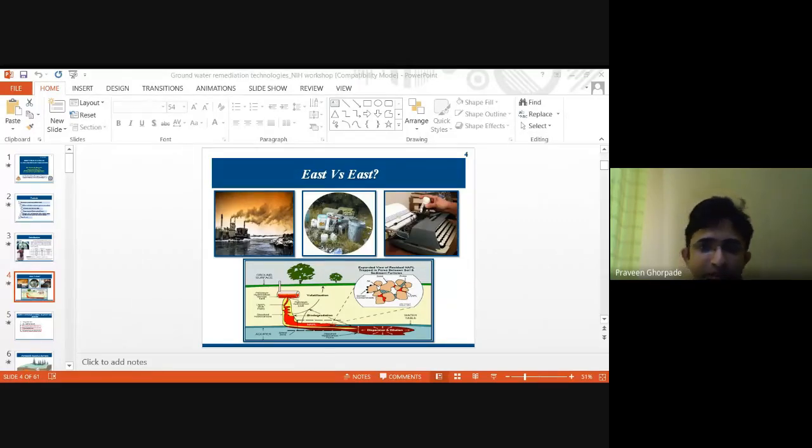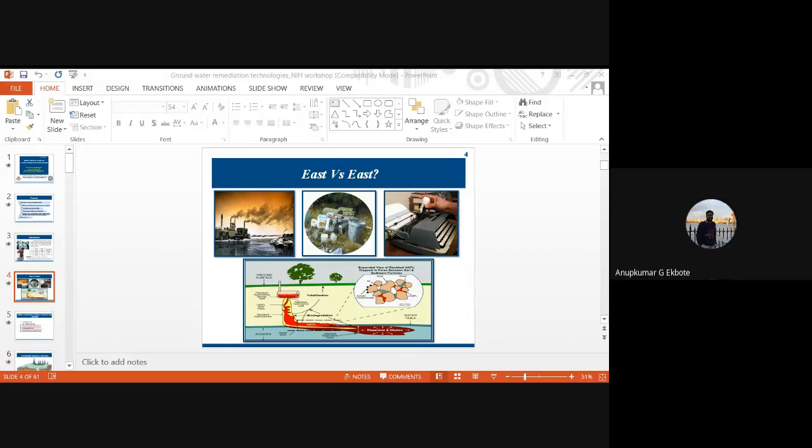So there is something called PRB, which is a very popular technology in western countries. Suppose there is a groundwater flow having some pollutants. This is a plume, which is polluted with some chemicals, and you want to treat it. So they study the groundwater hydrology, taking a number of factors into consideration, and create a barrier across it. This barrier has a material inside it which will treat the water, and whenever the water flows through this, it is